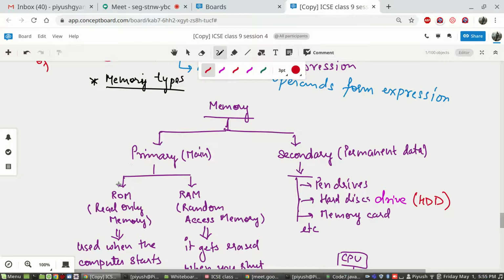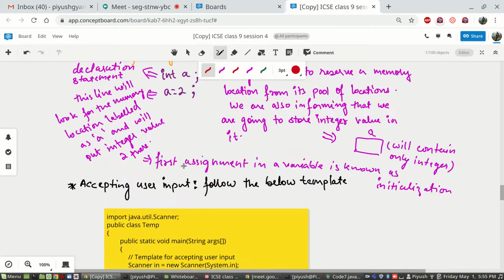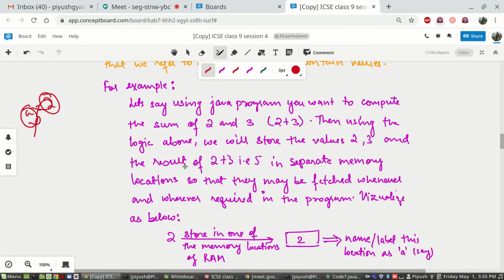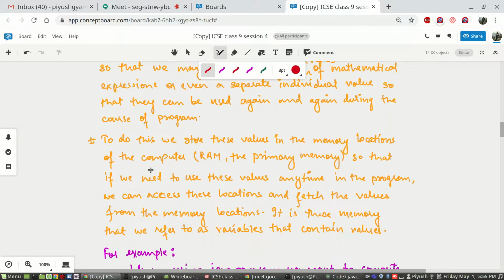Primary memory is further of two types, RAM and ROM. So can you say that RAM is the primary memory of the computer? You have given RAM, comma, primary memory. Okay, I'll just clear it up. Don't worry, I'll specify it in a better way: a type of primary memory. Now, is it fine? Yes, sir.